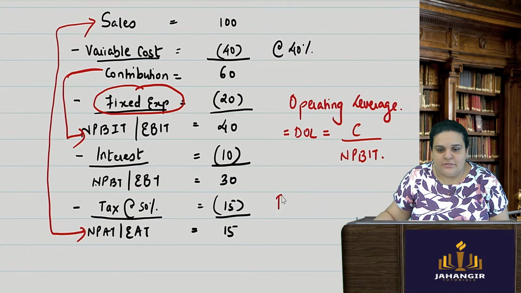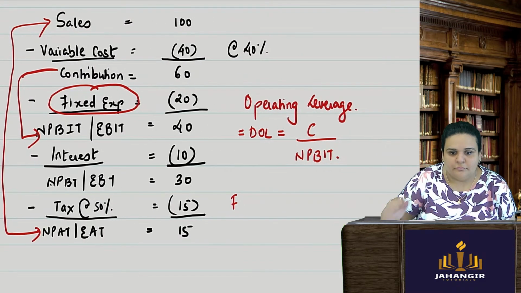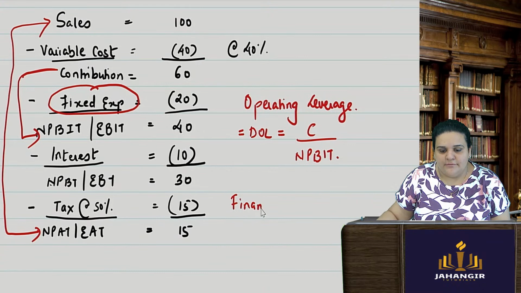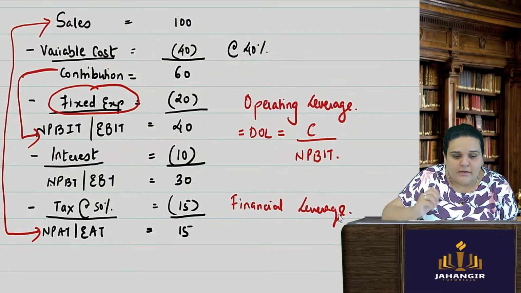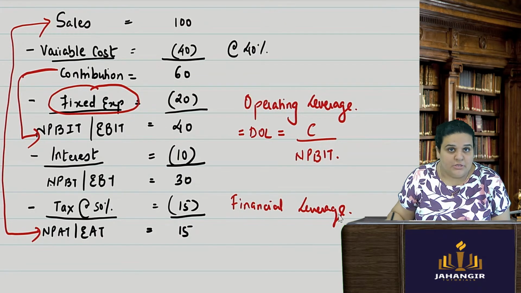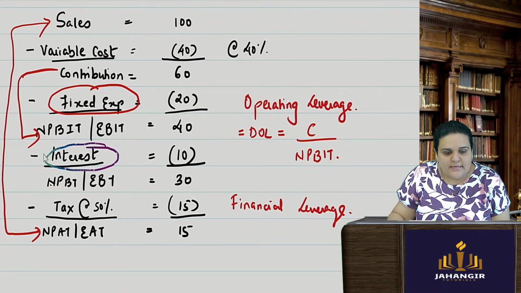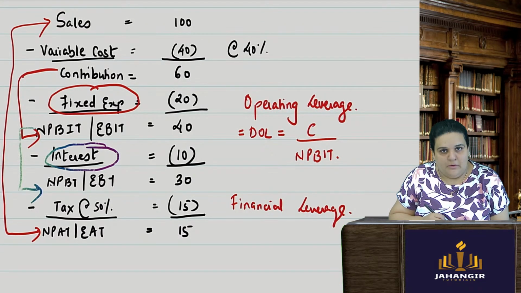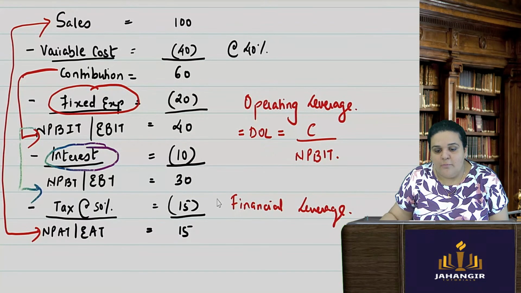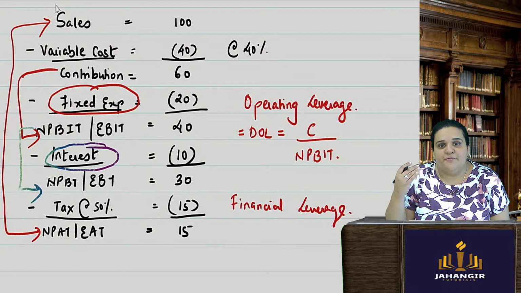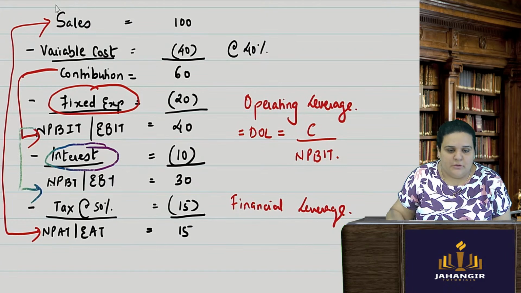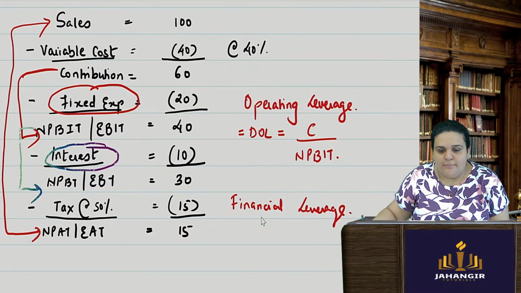Then we have financial leverage. Now financial leverage means we are talking about a financial cost. Operating cost is done. Now I am talking about my financial cost, which is interest. So basically my interest is falling between NPBIT and NPBT. How much change is going to come in my earnings before tax due to my financial cost? So here the formula will be